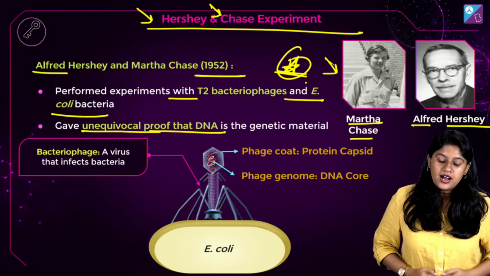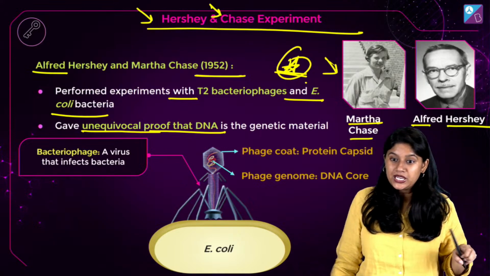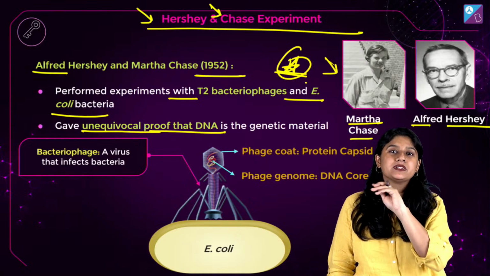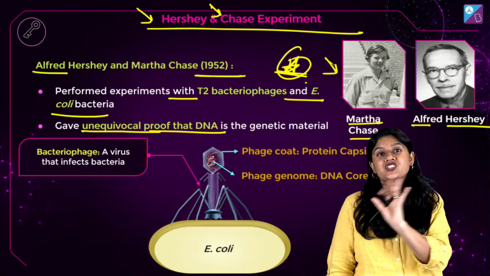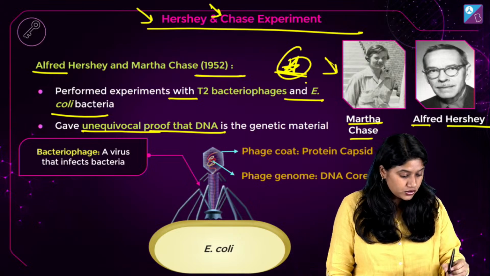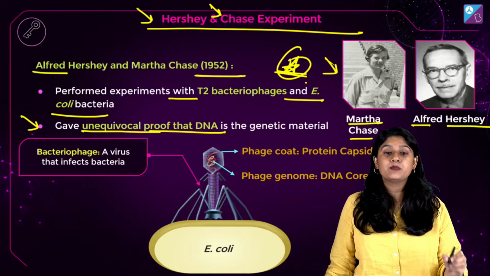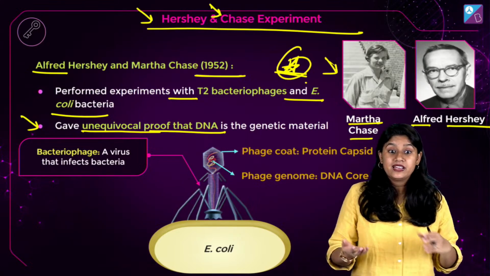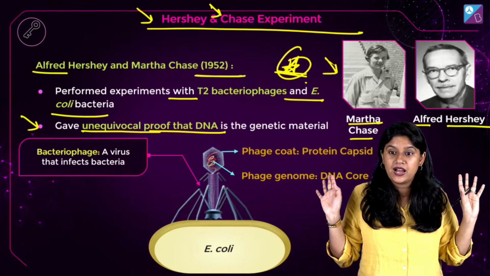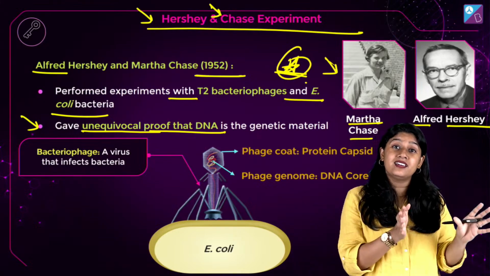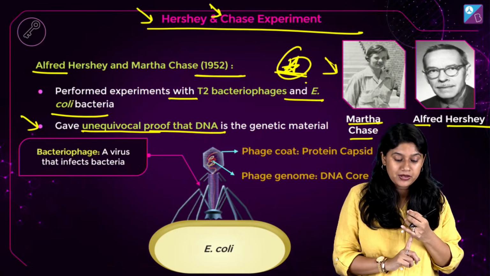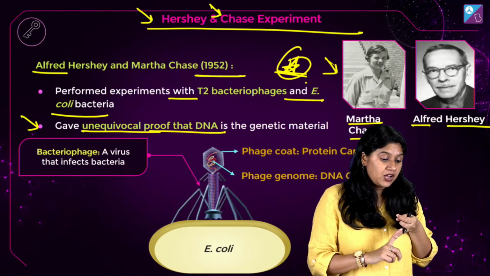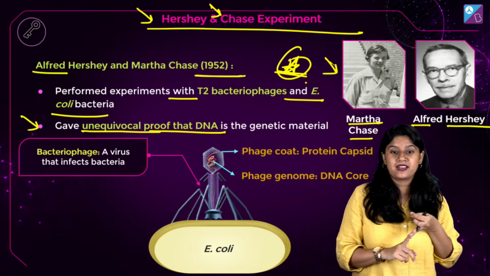And this experiment gave unequivocal proof of the DNA. Right? Unequivocal. मतलब इसके बाद में there is no गुंजाइश, कोई doubt नहीं होना चाहिए कि DNA हमारा genetic material है. So this experiment is really very important. Exam में पूछा जा सकता है कि which experiment gave कि भैया अब genetic DNA ही हमारा genetic material है, ये experiment, right? We'll remember about this experiment, Hershey and Chase experiment.